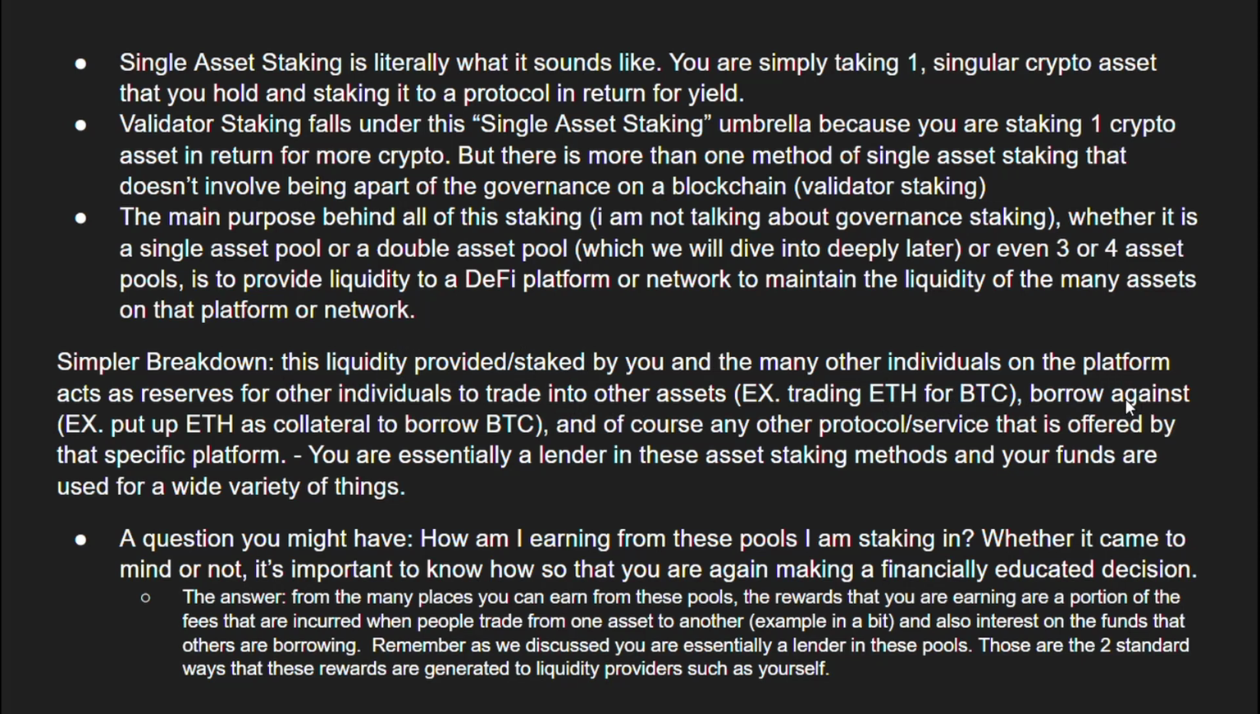Another example would be borrowing against their assets, so putting up Ethereum as collateral to borrow the Bitcoin that you staked to that platform. Your staking allows them to do that, and of course any other protocol or service that is offered by that specific platform. So you're essentially a lender in these asset staking methods, and your funds are used for a wide variety of things. Every platform is different. Some offer the same, but some have special ones, like Flare Finance, which we will actually be getting into in this video, which is one of my favorite platforms, probably my favorite right now,